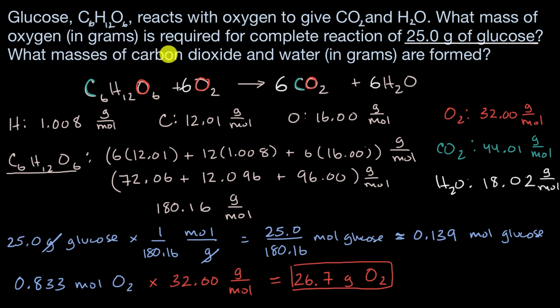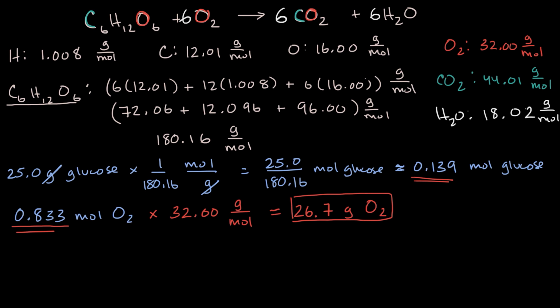And then the next question is, what masses of carbon dioxide and water in grams are formed? Remember, for every 1 mole of glucose, we needed 6 moles of molecular oxygen, and we produced 6 moles of carbon dioxide, and we produced 6 moles of water. So this is the number of moles of glucose we input into the reaction. 6 times that was this. So this is actually also the number of moles of carbon dioxide or water that we're going to produce. So if we take our original 0.833 mole of carbon dioxide, and I multiply that times carbon dioxide's molar mass, 44.01 grams per mole, this is going to be approximately equal to